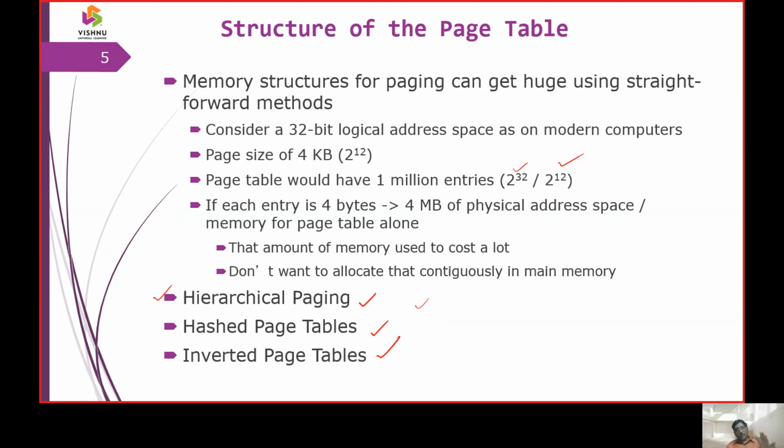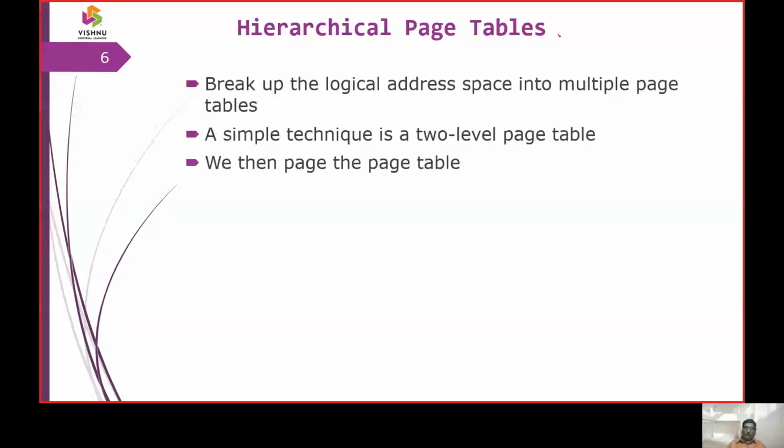Consider a 32-bit logical address space with a page size of 4 KB, and larger than that. An organization may prefer to do it with a page table. So this is the improved version of the page table, with the hierarchy and an index. Fine. Let us take the first item, the hierarchical page table.